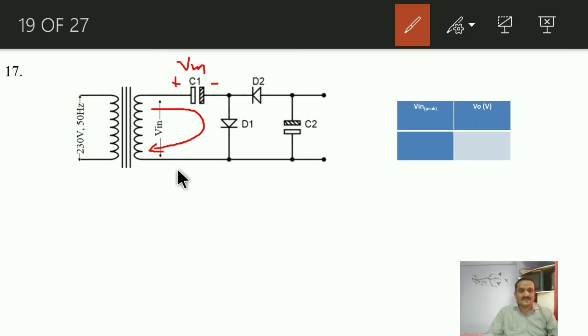Now during the negative half, this terminal becomes positive and hence diode D2 turns on. Whenever diode D2 turns on, the capacitor C2 will get charged with this polarity because the current will now flow through diode D2 like this. Now how much will be the net output voltage? That net output voltage is nothing but the energy stored by capacitor Vm plus this one. So it will be twice of Vm. So this is known as a voltage doubler. Output gets doubled as compared to input.